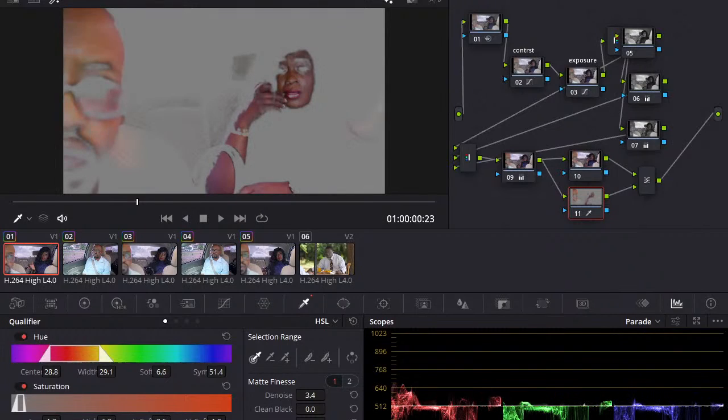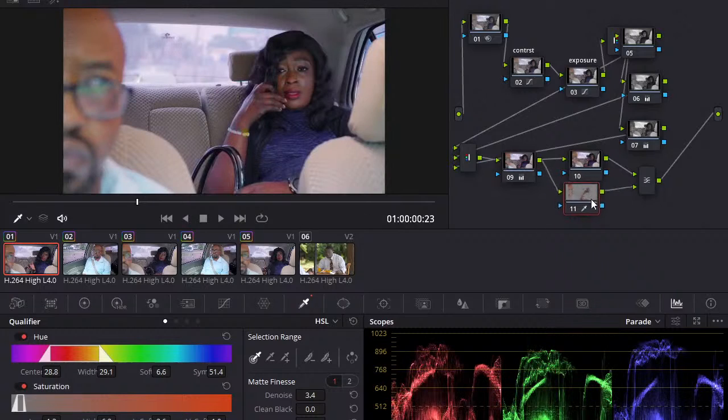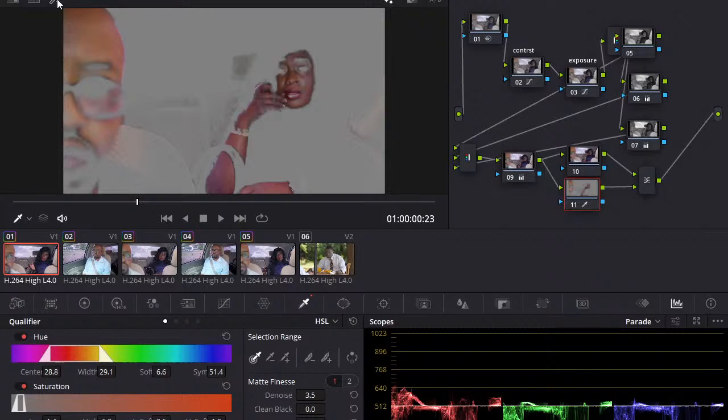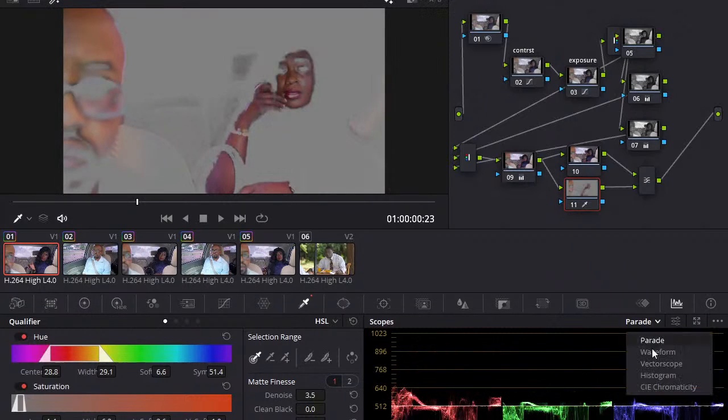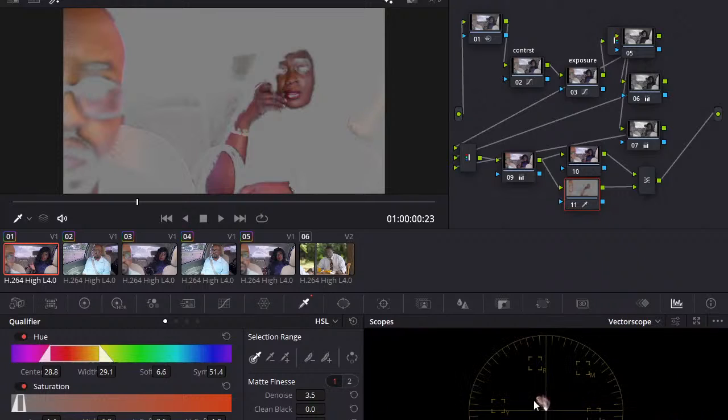I'm going to mess with the luminance. Let's do, I think it's fine, right? So this is the skin, okay? This is the skin, okay? Let me go back and see, okay? So that's the skin. And for you to confirm it's the skin, just come to your vector scope. Do you see? This is the skin area on your vector scope.